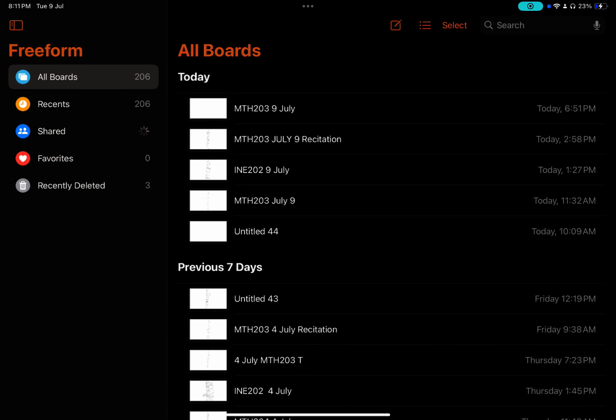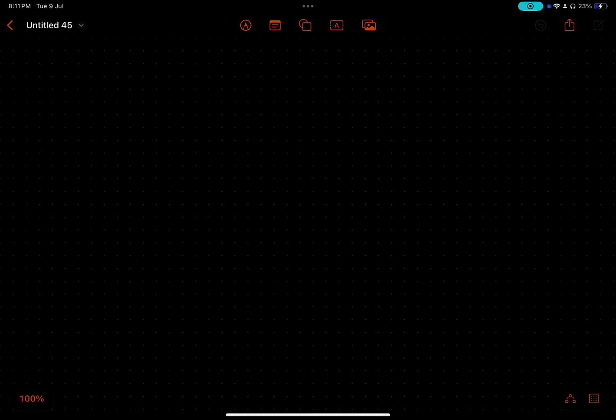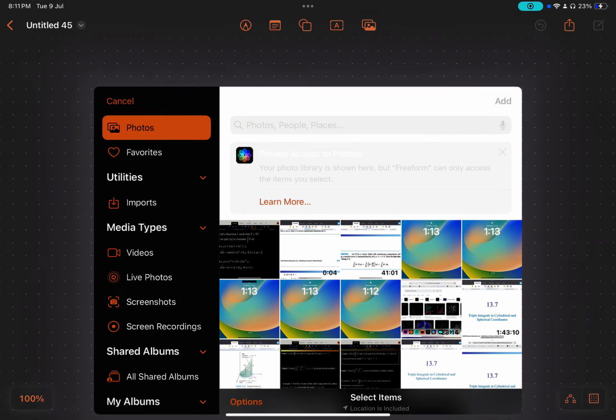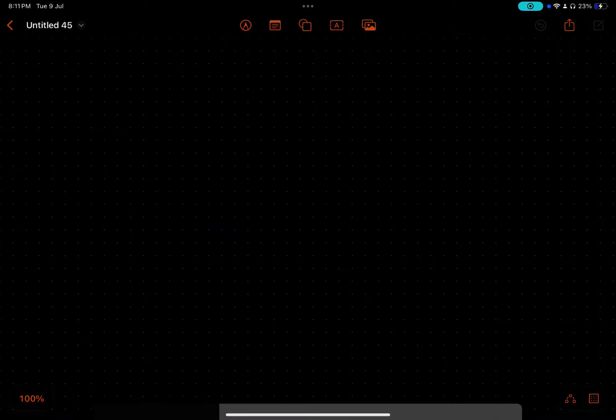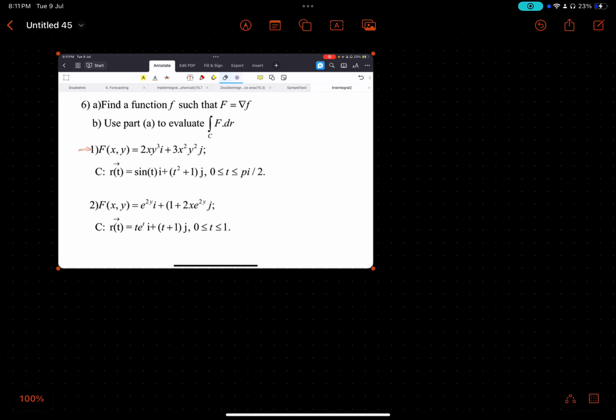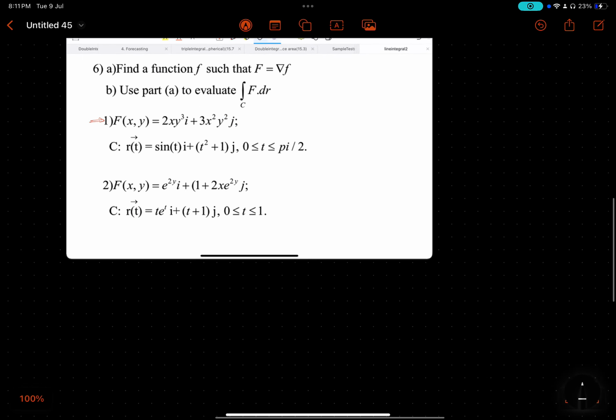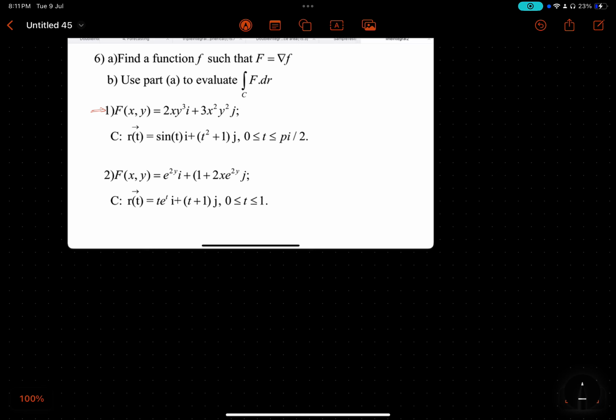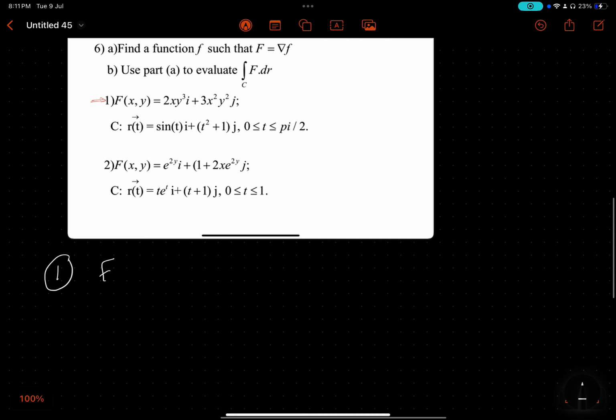Like this, and so we add a picture, zoom out, as you can see. Okay, so for 1, we have F of xy equals 2xy cubed i